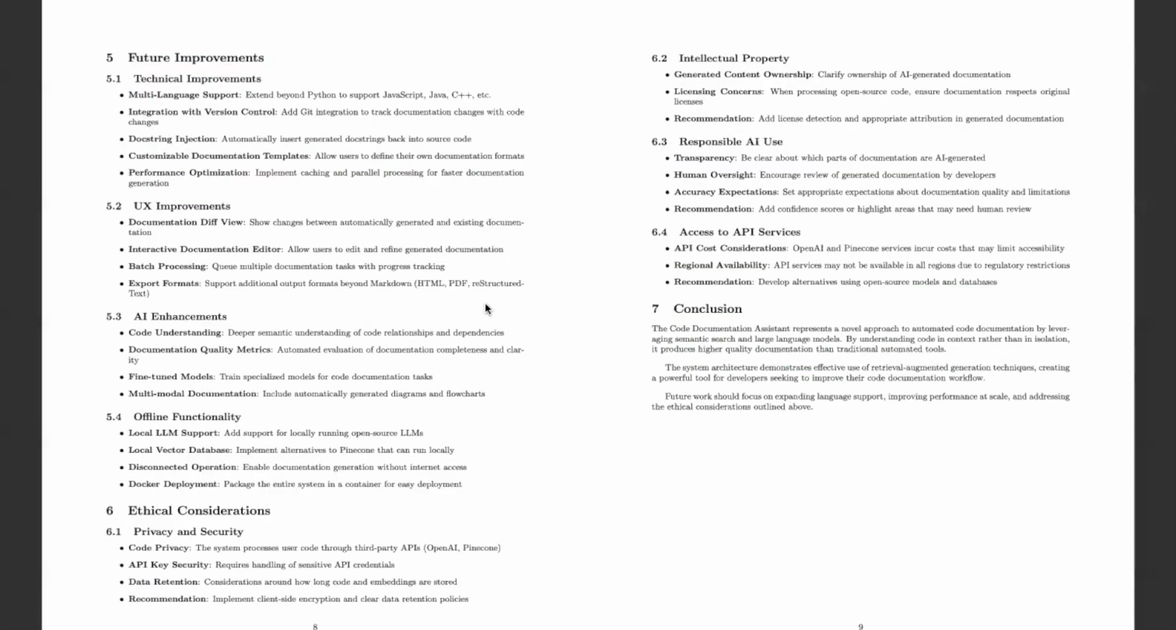For the future improvement, there are several points. Talking about the technical improvements, we can support multiple languages, we can integrate version control, and we can also improve performance optimization. Apart from this, we can improve the UI and make it more user-friendly. We can enhance the AI and add offline functionalities. So there are various steps that we can take in future to make this application more user-friendly and easier